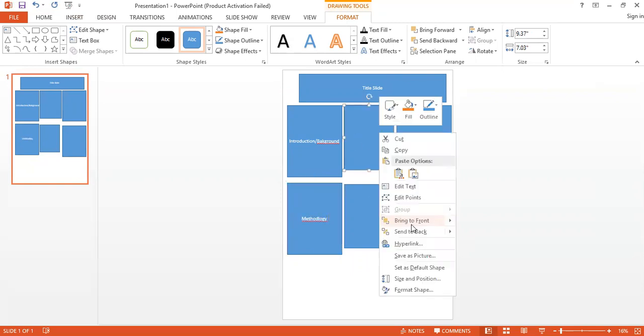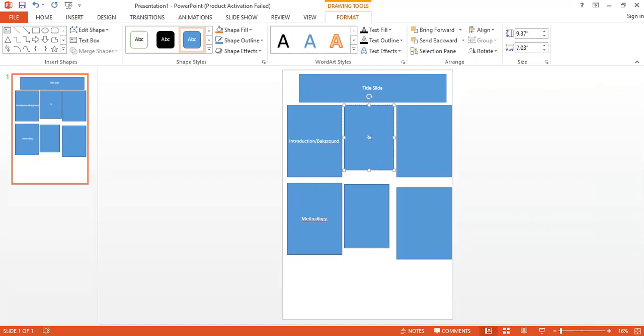The cardinal points of your results could be somewhere around here. This could be for figures, this could be for tables, and this could be for your conclusions and limitations.